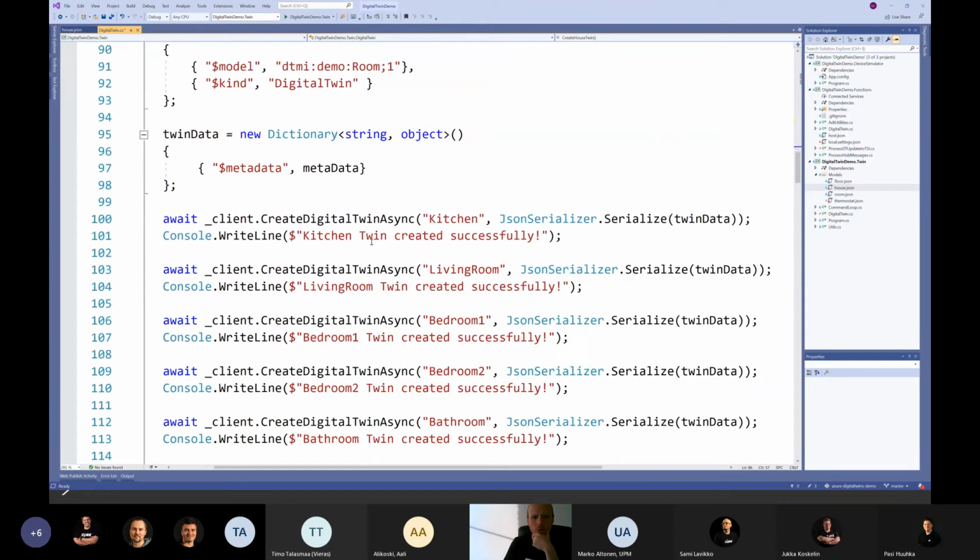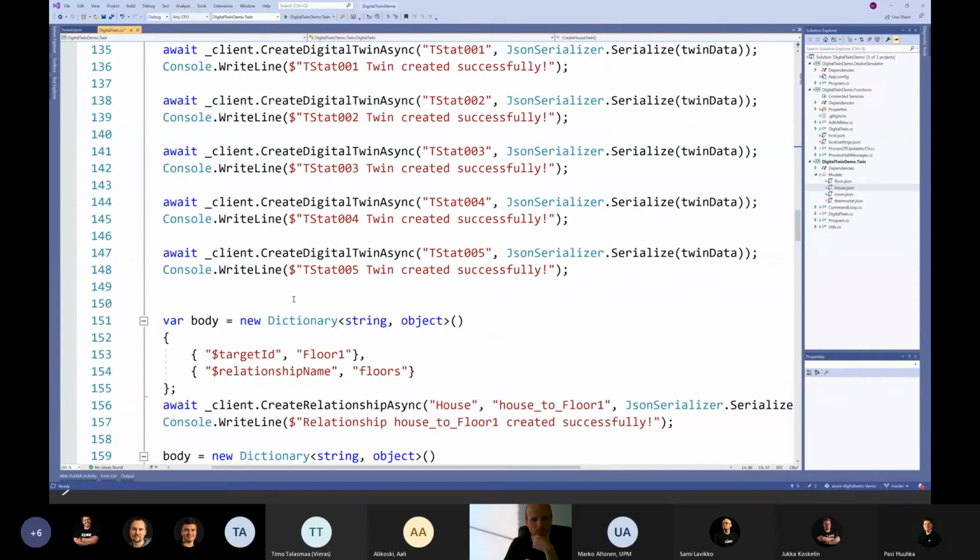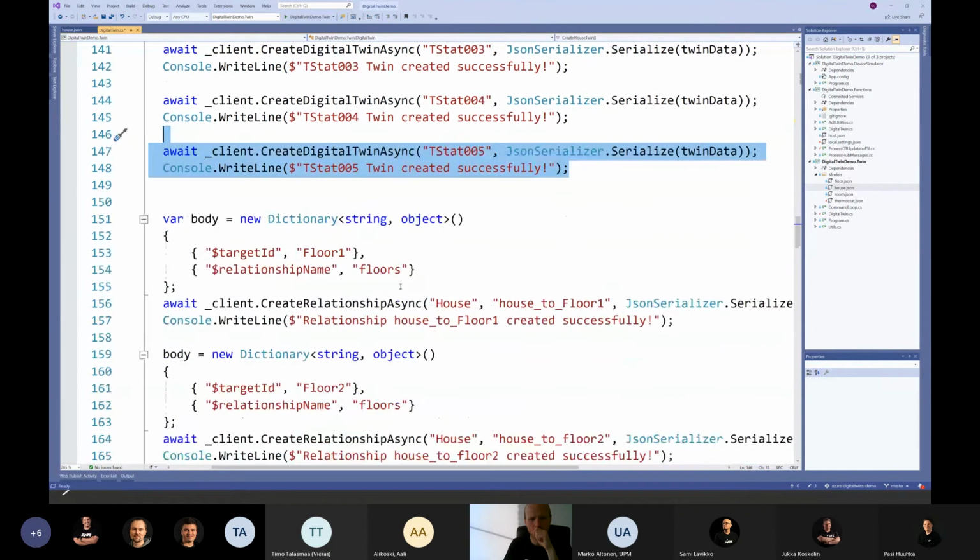Again, for the rooms, the same. For the sensors, the same. And then the interesting part starts. So here we've created the sensors as digital twins. And then it's all about starting to map out those relationships, as I mentioned. Again, here a bit of the same approach. You need a dictionary to